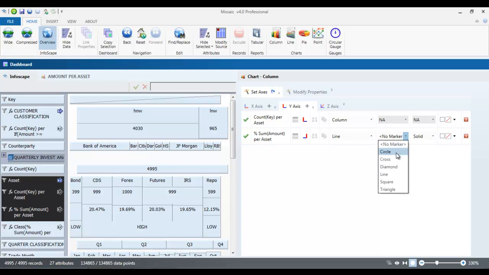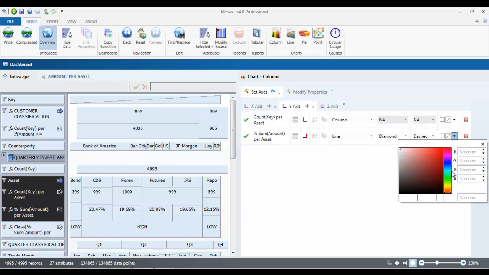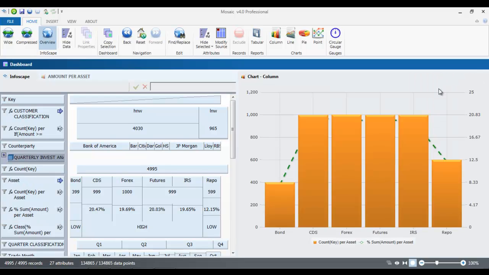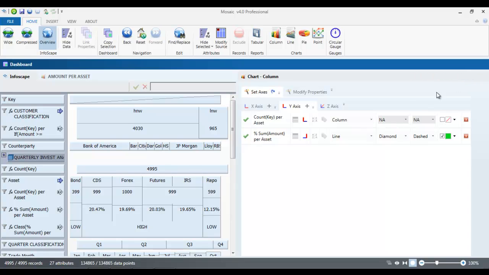I'm going to ask for it to have a diamond marker and for it to be a dashed line, and we're going to choose green. Now I'm going to refresh it, but again, as you can see, it looks better, but we still have a problem. My dashed line is behind my columns. So I go back to the toggle, simply drag and drop the order, refresh,